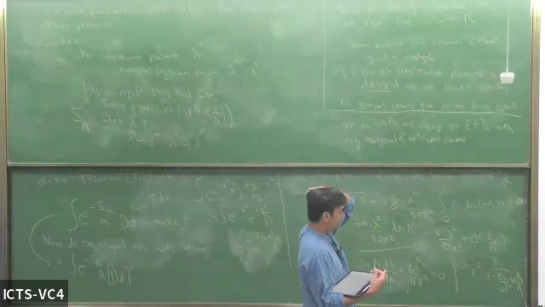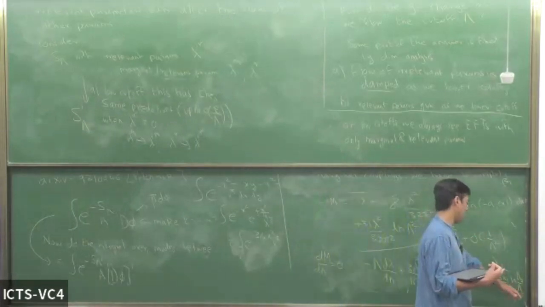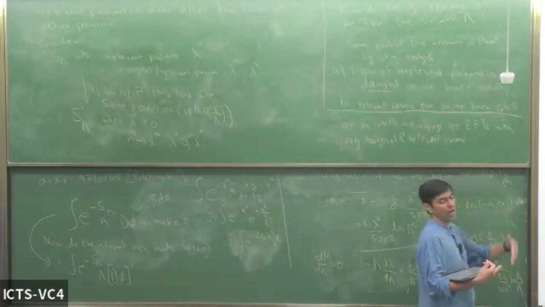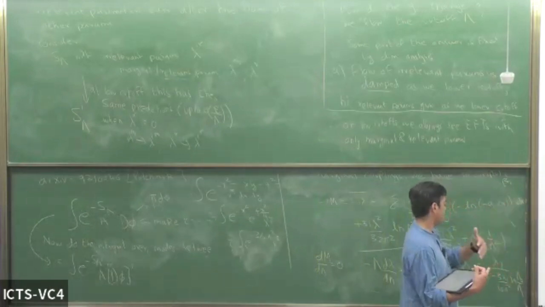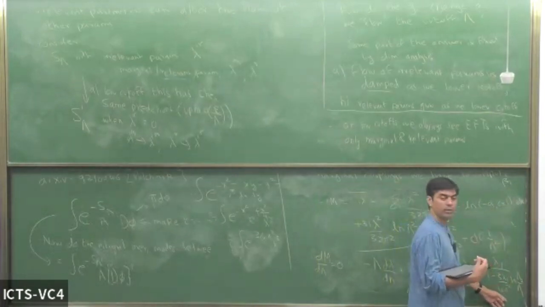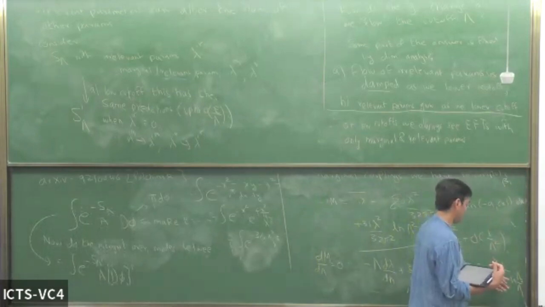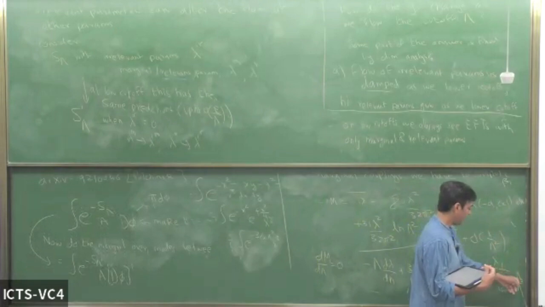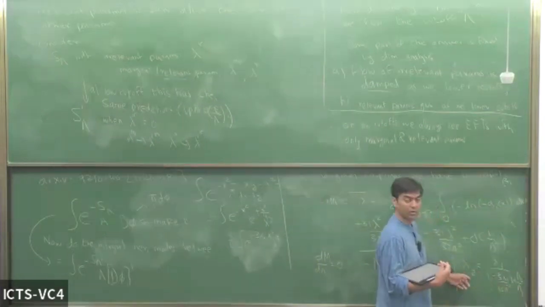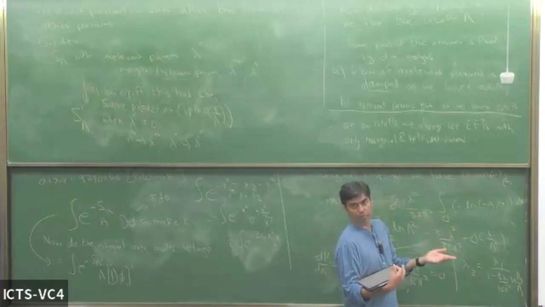In particular, what you can see here is that if you start with the theory at some value of the cutoff, and you try to flow up, you try to ask what happens as you go to higher and higher values of the cutoff. At some point, you would hit a pole. The theory would become very strongly coupled, and you can see that from here. Whenever this term becomes 0, lambda 2 will go to infinity. That is called the Landau pole of the phi to the 4 theory.